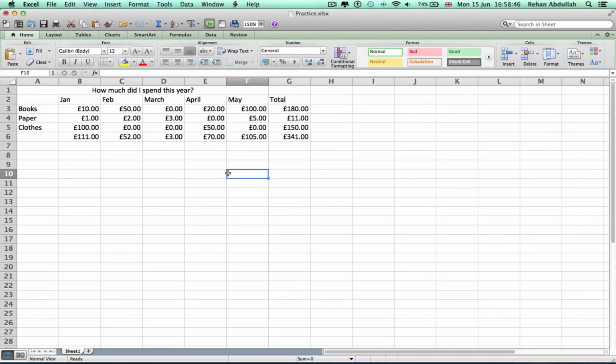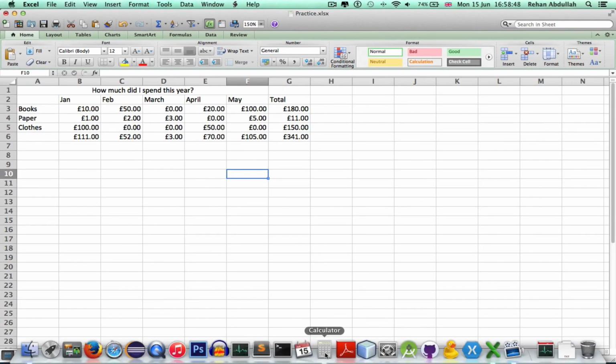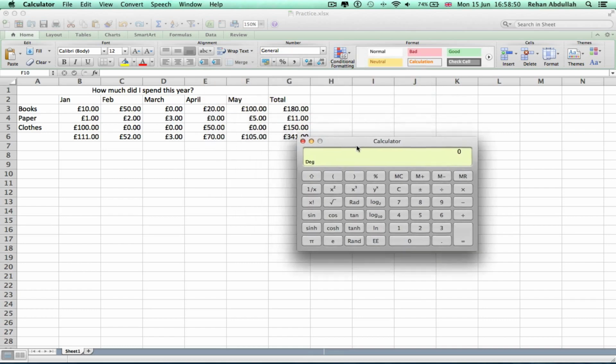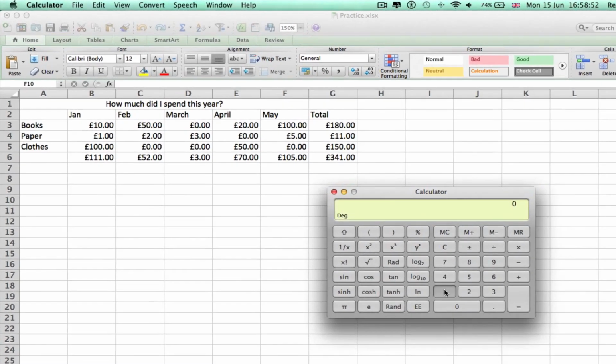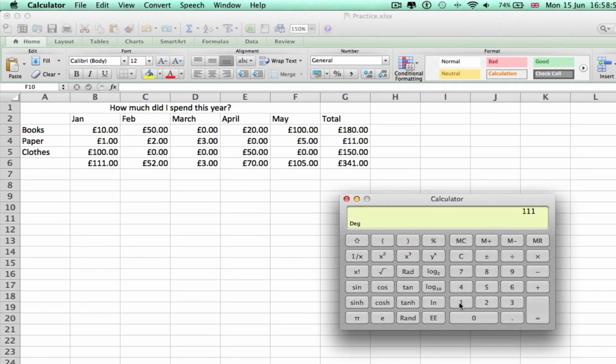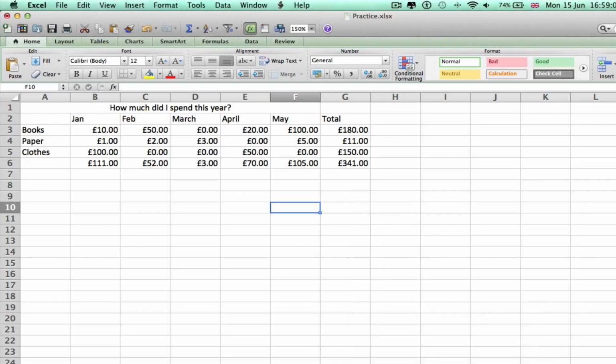Okay. We could take out a calculator if we needed to, just to make sure that we're on the right track. Okay, 111 plus 52 plus 3 plus 70 plus 105 is 341. Okay, I can close that down. I don't need it anymore. Yeah, that's closed. Okay, so now